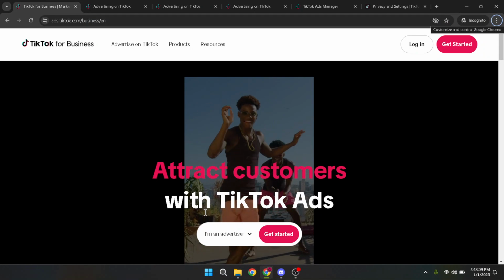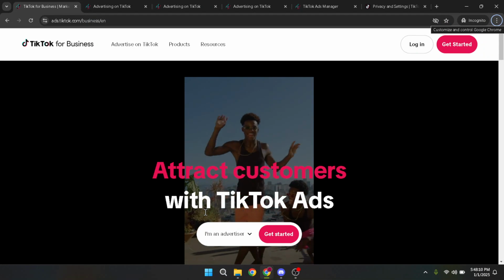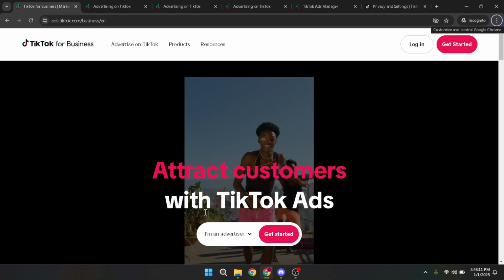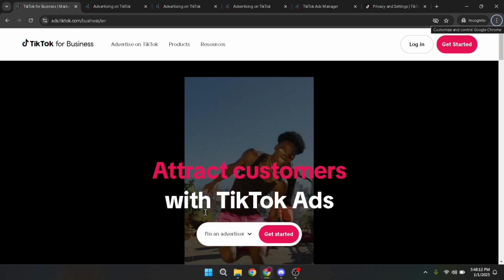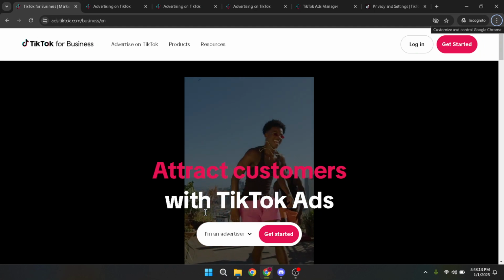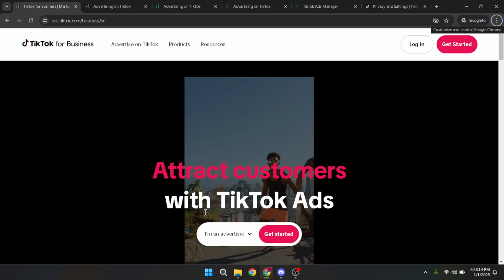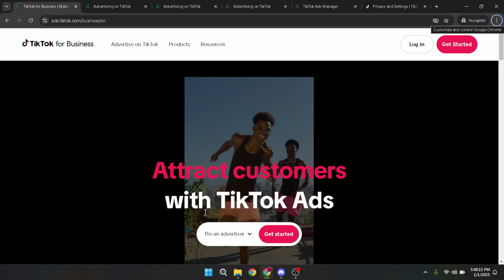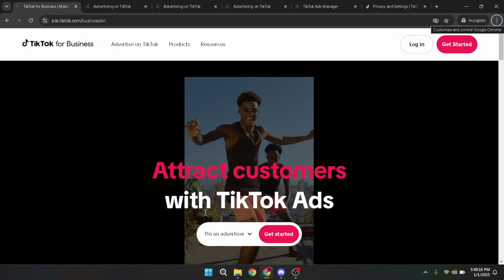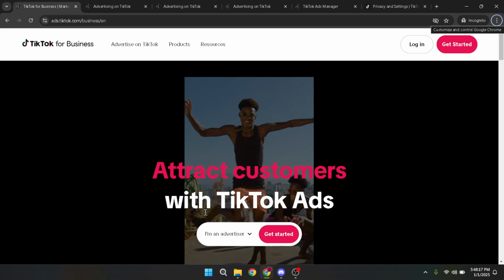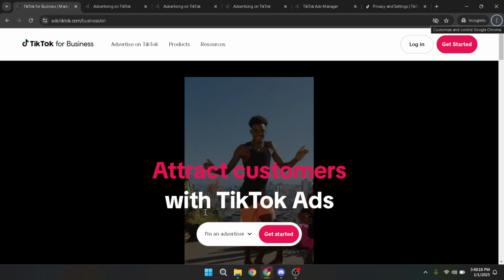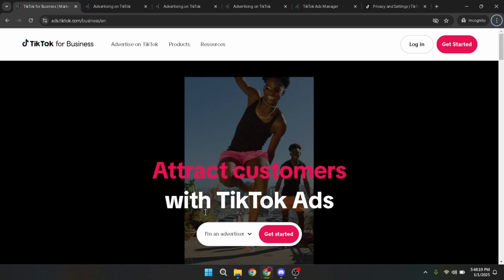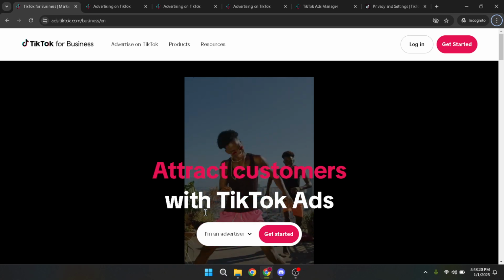First and foremost, let's understand why someone might want to delete a campaign on TikTok. Perhaps the campaign is no longer relevant, it didn't meet your marketing goals, or maybe you're pivoting your strategy and want to clear the slate. No matter the reason, TikTok Ads Manager provides a straightforward way to do this. But it's essential to follow the steps carefully to ensure you're only deleting what you intend to.